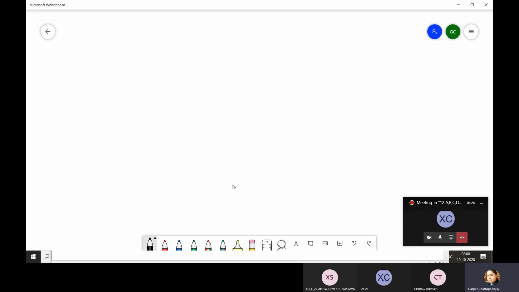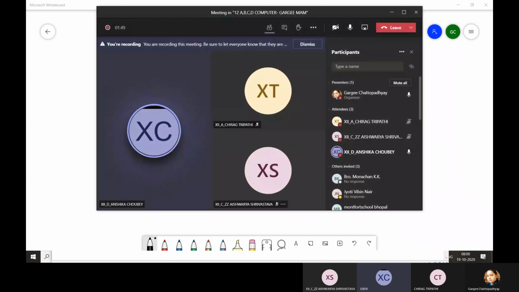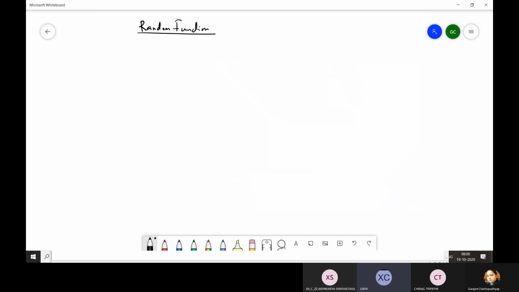Yes, so today we will start with another. Okay, did I start with random? Yes, ma'am. What did I complete in random functions? You gave a little introduction, and we did two programs and some little inputs, and then we saw random numbers, how it generates. Okay, so we'll continue from there only.